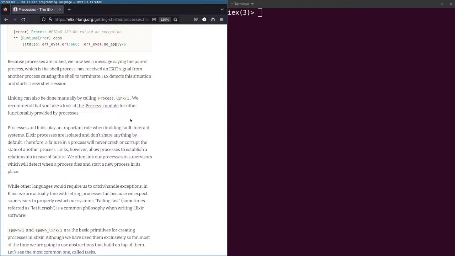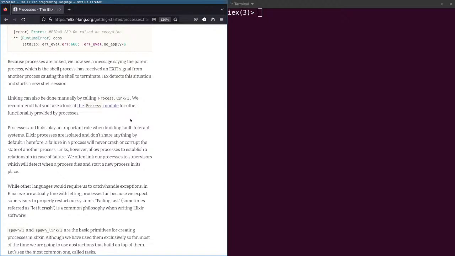Linking can also be done manually by calling Process.link. We recommend that you take a look at the Process module for other functions provided by Process. Processes and links play an important role when building fault-tolerant systems. Elixir's processes are isolated and don't share anything by default.